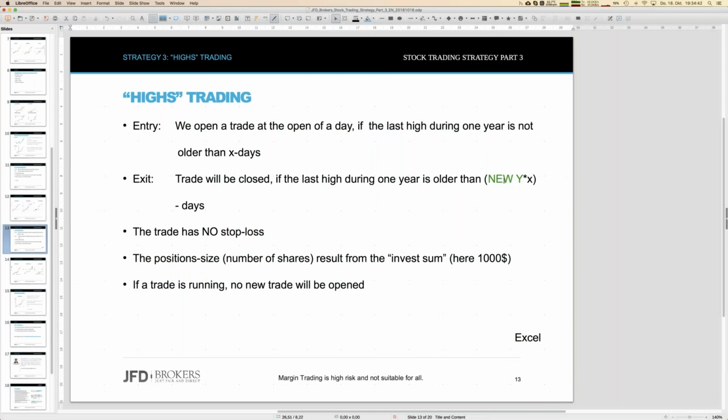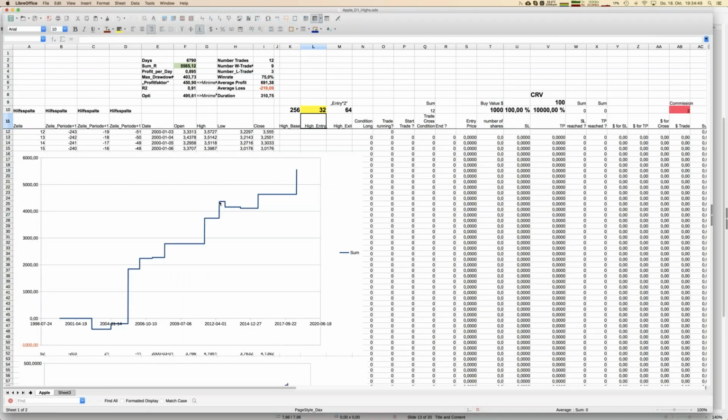And the good thing is that we already created an Excel sheet for that kind of approach. And here we have that Excel sheet where you can simulate a single stock just within Excel. It's once again Apple. And if you want to go for other shares, then you have to replace the prices here with other data. And that is the Excel sheet for Heist Trading.